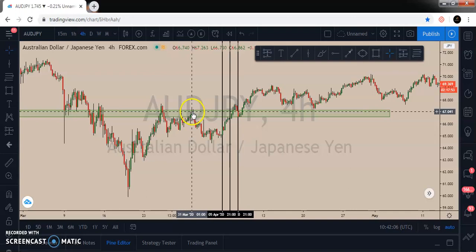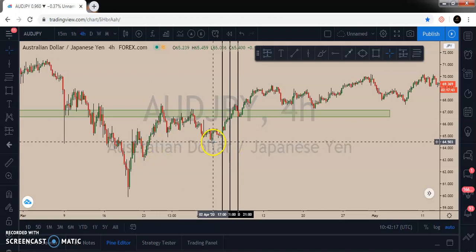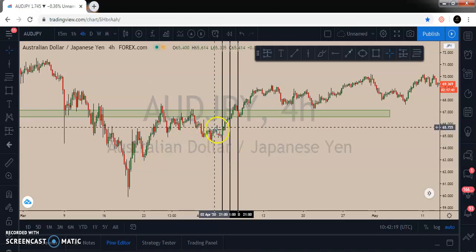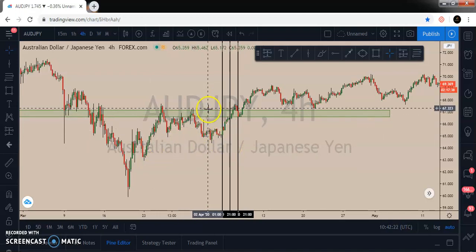Now they will just say, okay, this is a hammer or whatever they call it, shooting star, hammer. Though this is a hammer, and they will say this is a double rejection and this is also a resistance level. They will just short. And as you can see, this is the area they can get profit to. And if they are not at break even already, they will be hit out with loss.